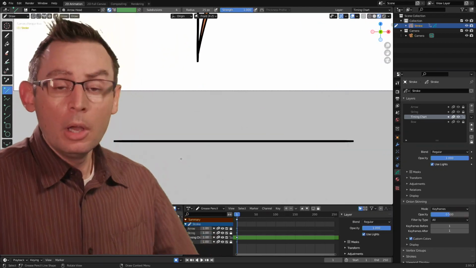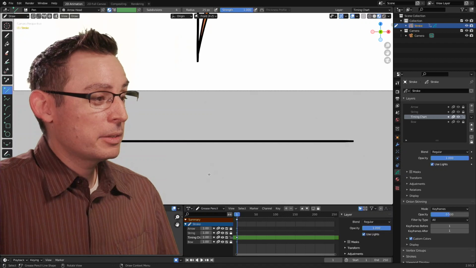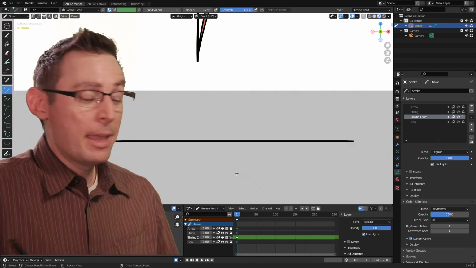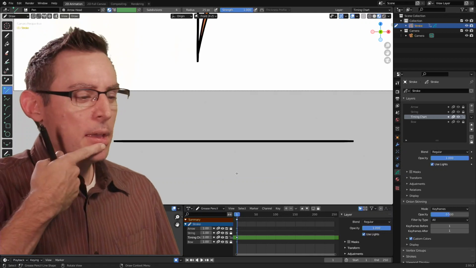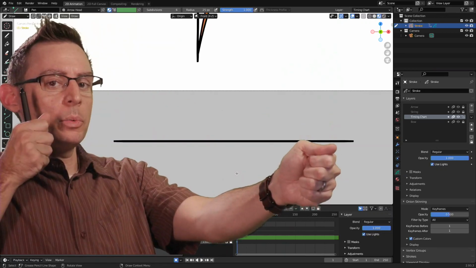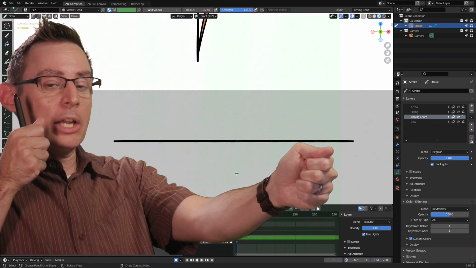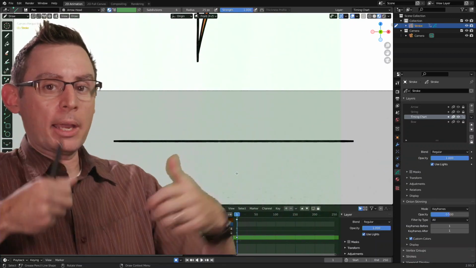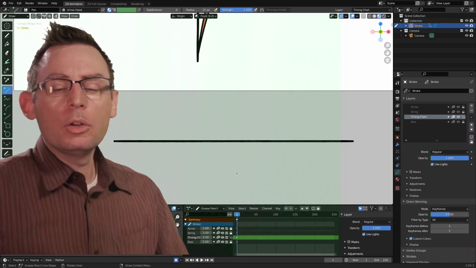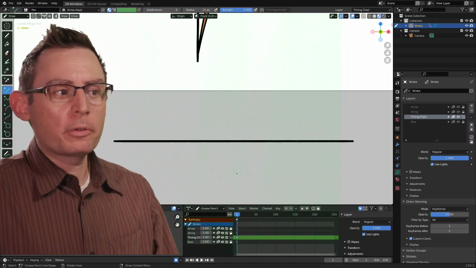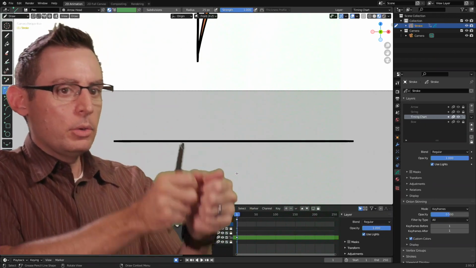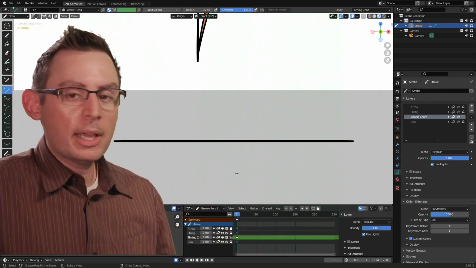Now I don't know what the timing of this is going to be. I know I'm going to have a first frame. I know I'm going to have an end frame. But where do I want that extreme pose? Where do I want that pose where the bow is completely exaggerated and bent back to be in time? How long is this movement going to be? Let's explore that for a second. In my imagination, I'm going, whoosh, whoosh. Let's just see what it looks like at 10 frames.